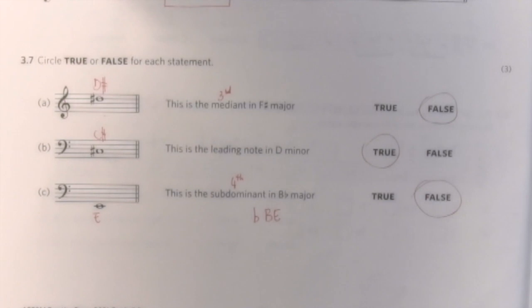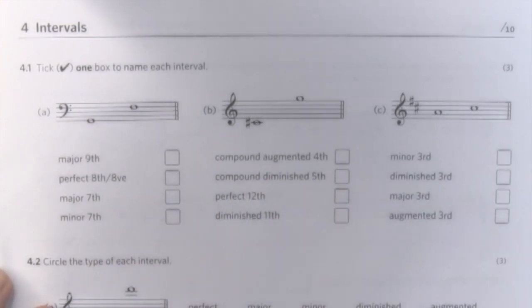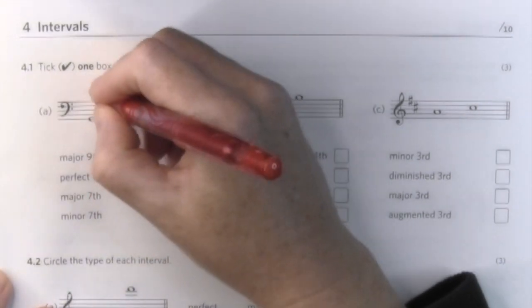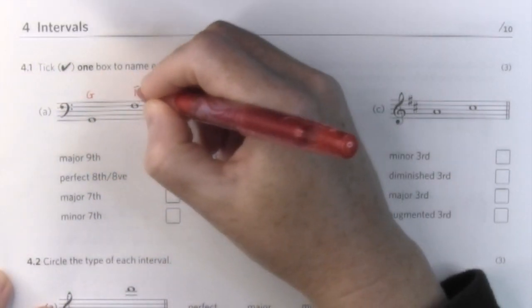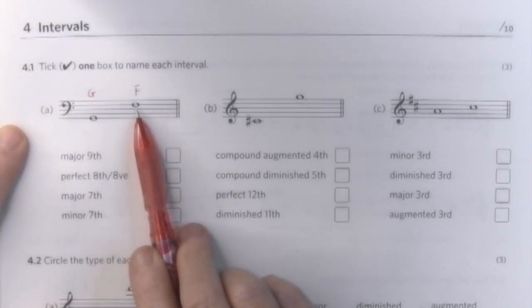Sorted. Let's move on to section 4 relating to intervals. Okay, in the first exercise, we need to take the box that shows the correct name for each of the three intervals. All right, first the names of the notes. We have Sol and we have Fa. This is seventh, of course. Now, for the seventh and sixth,